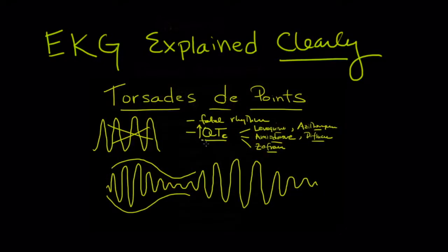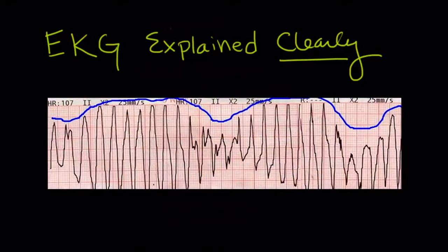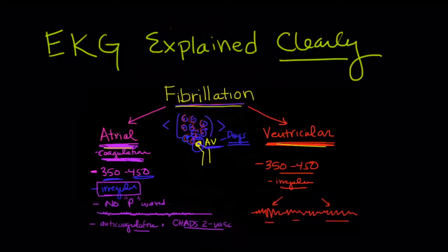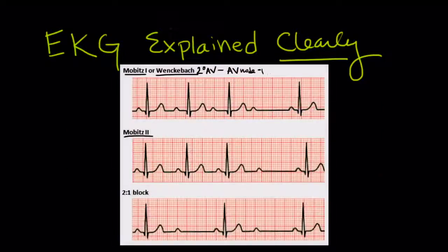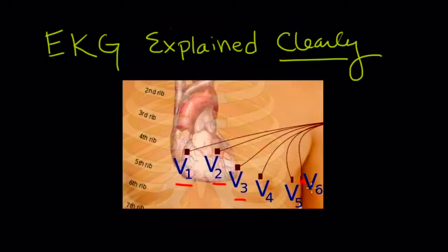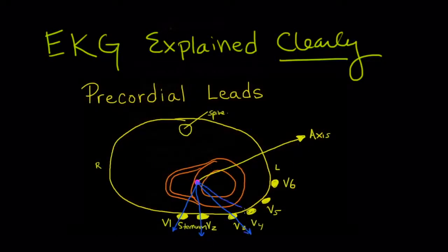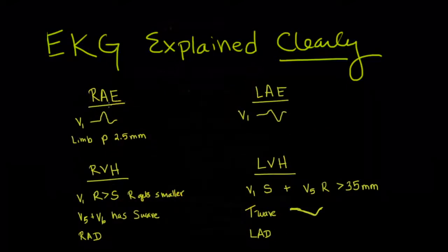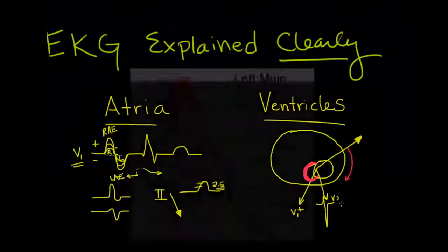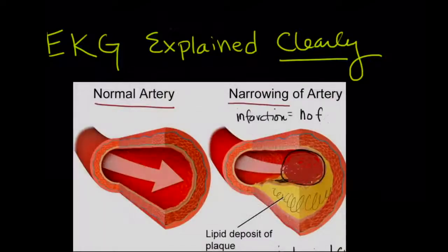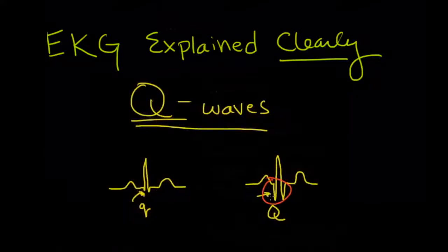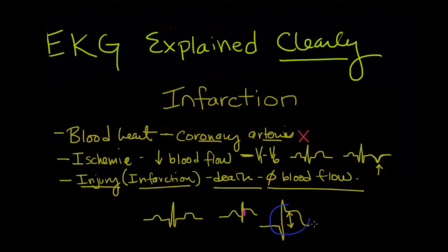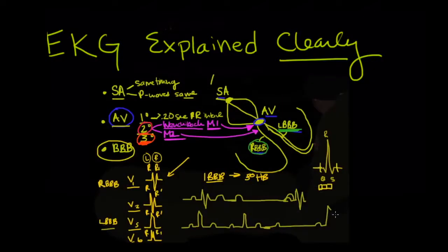the QTc, and the potentially life-threatening torsades de pointes, atrial fibrillation and flutter, widened QRS complexes, and the various types of heart blocks, using precordial leads to hone in on certain areas of the heart, atrial enlargements and ventricular hypertrophies, acute coronary syndromes, myocardial infarction, and pericarditis. We'll talk about Q waves, ST segment and T wave changes that we see with ischemia, bundle branch blocks and